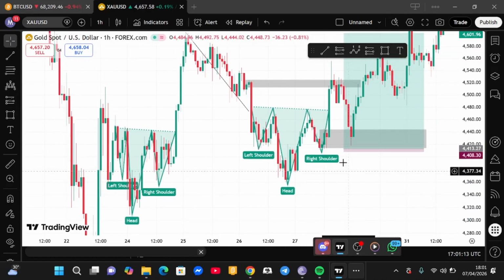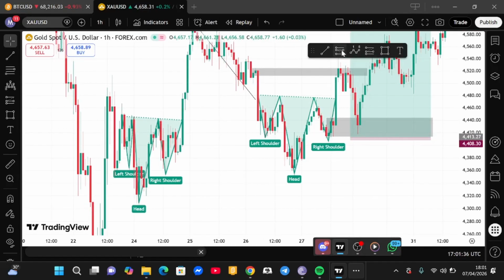Now normally you usually wait for the right shoulder to pull up back to that neckline before you know that it is valid, it validates that the reversal is going to take place. Now, so we see this here, it pulled up back to this neckline. Now, like I said, personally I would not take my trade